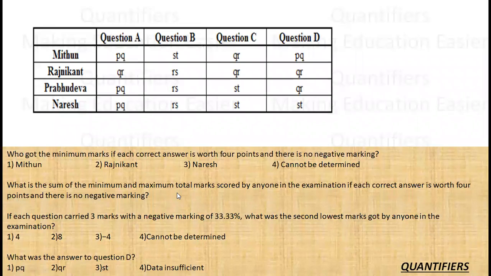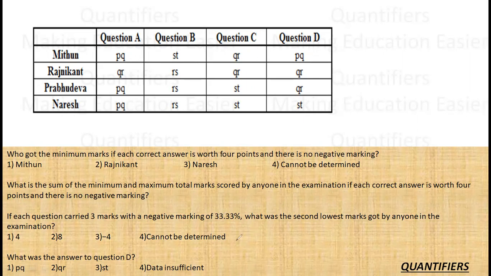So, what is the general procedure in these kinds of questions? I know that one person should have 1 correct, one should have 2 correct, one should have 3 correct, and one should have 4 correct. Which means that I should consider each one of them, one by one, to be all correct. For example, I'll assume Mithun to be all correct. Then, considering his answer key to be correct, I'll check whether I can allocate 3 marks to any of them, 2 to any of them, or 1 to any of them. This should be the standard procedure.